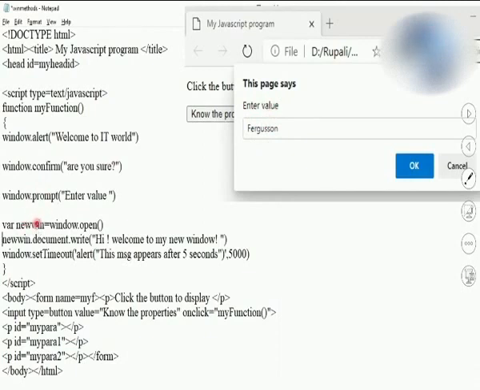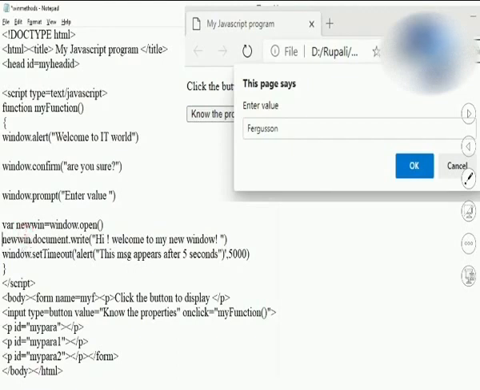So here I have defined a new variable by using the var keyword. So var newwindow, and I have used window.open. Students, do remember that the var keyword is used for declaring your variable in JavaScript, whereas if you want to declare a new object in JavaScript, the keyword used is the new keyword. That also, the new keyword, you should remember is used to declare an object in JavaScript.